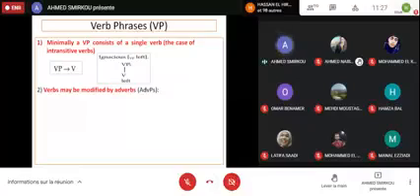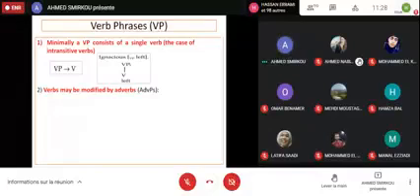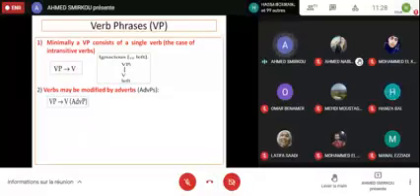Verbs may be modified by adverbs, adverb phrases. Okay? The adverb may be before or after the verb. For example, let's quickly. Please remember, we have to write here the adverb phrase. Now, to put it simply,